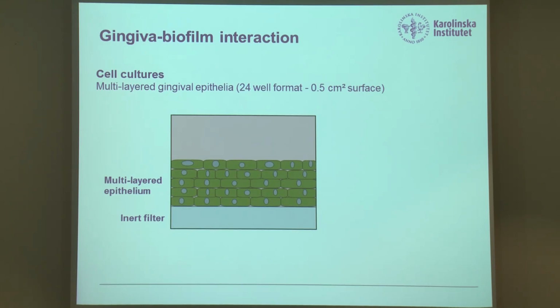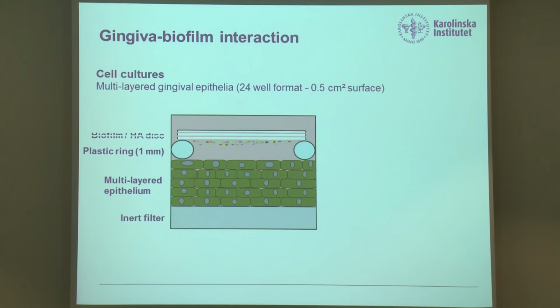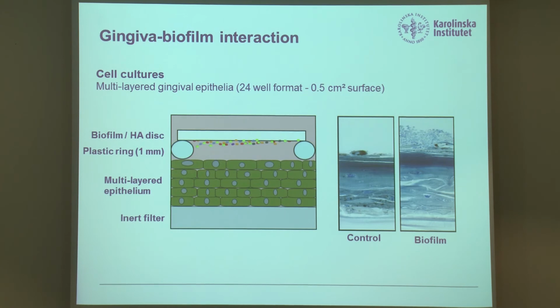We can bring together a number of cell types with the biofilm, like epithelial cells or fibroblasts, or indeed complex organotypic tissues generated in the laboratory. In this example, I give you some data from multi-layered gingival epithelium, which we cultured. And we have inserted, according to the standard model, a plastic ring in the culture, and on top of that, we placed the biofilm disc. We reversed it in such a manner that the biofilm surface is facing towards the epithelium. And that recapitulates, in a way, the interface between the tissue and the biofilm in real life.